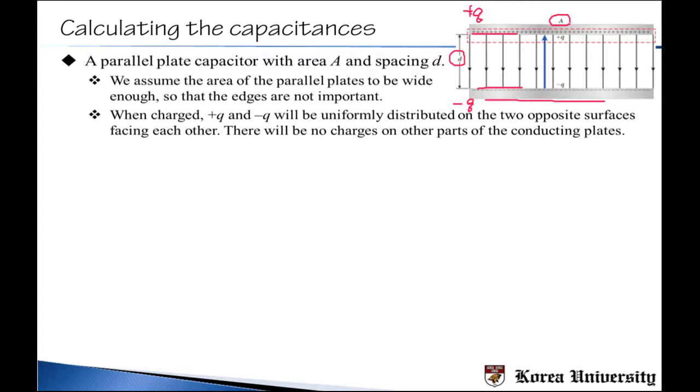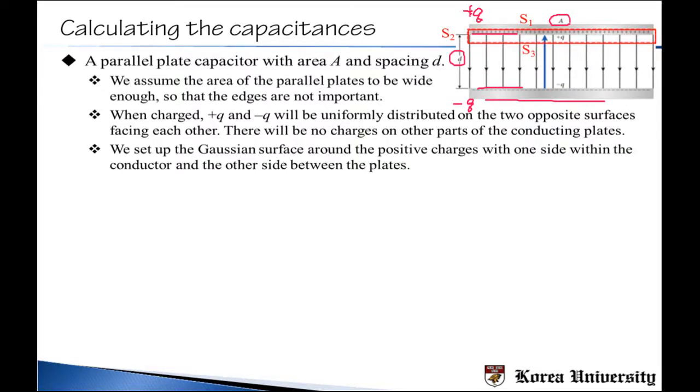Why? It's simply because of the Coulomb force between positive and negative charges. So these positive and negative charges will attract each other, so they will be pushed closer to each other. So that's why they are accumulated on the two faces directly facing each other. Okay, and then here we will try to calculate the capacitance by using the electric potential, for which again we need to calculate the electric field. Okay, and then how do we calculate the electric field here? We will use the Gauss law, of course, and then